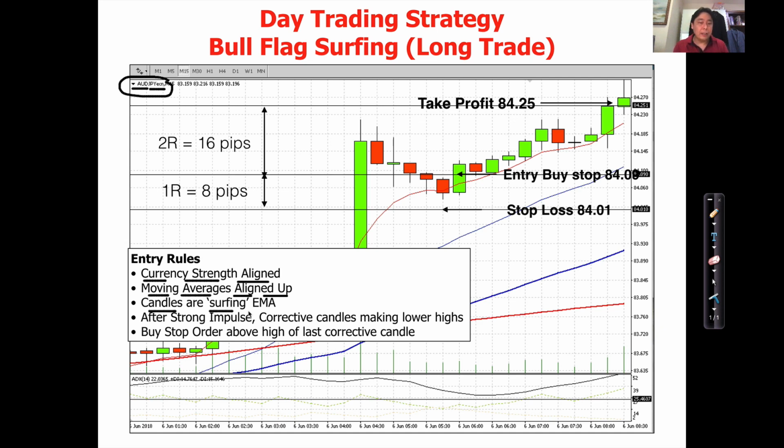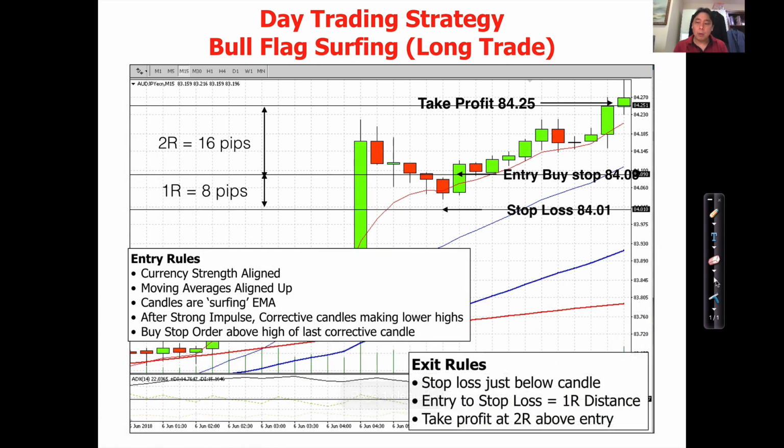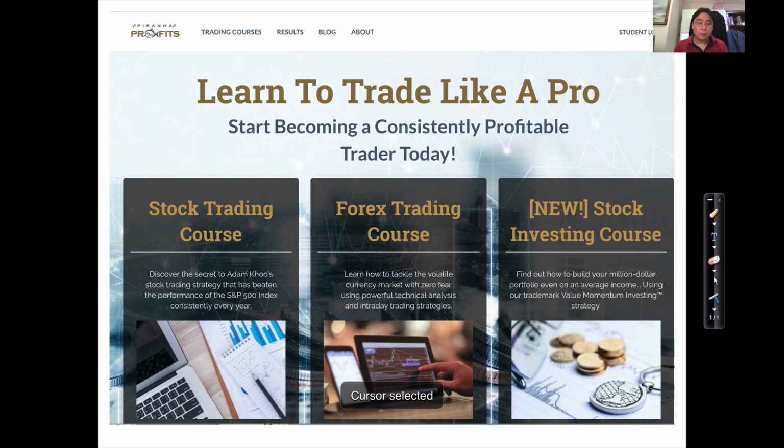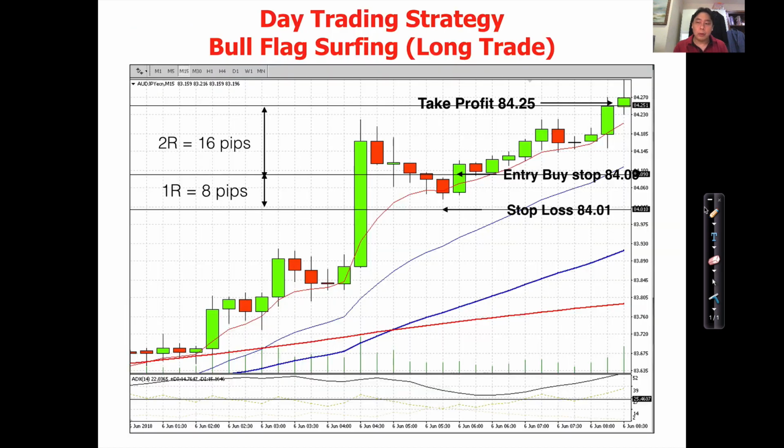Candles are surfing the EMA. What does that mean? What that means is we are looking for a pattern where the price is surfing, bouncing off one of the moving averages. You can see it's surfing this moving average, the 6 EMA, right? Surfing, right? And what we're looking for is